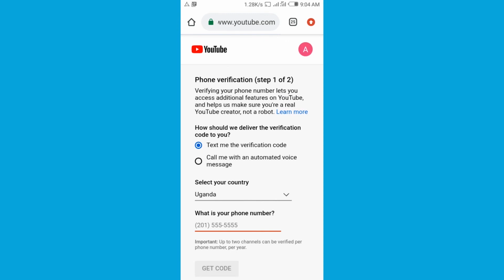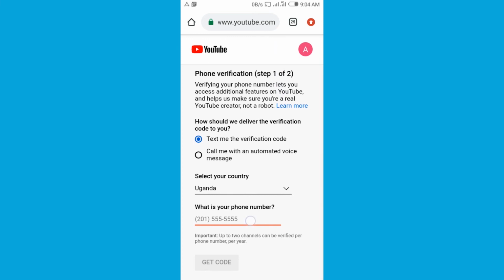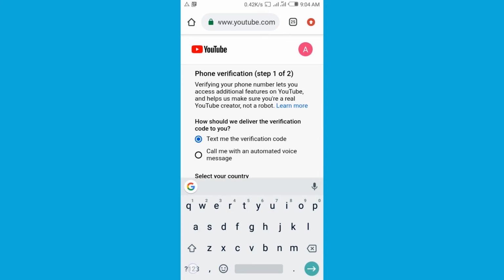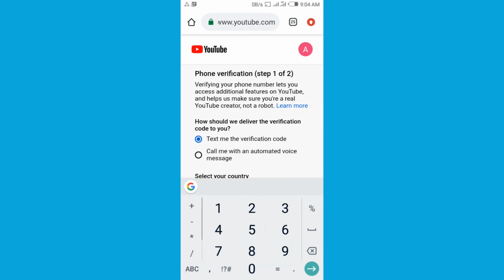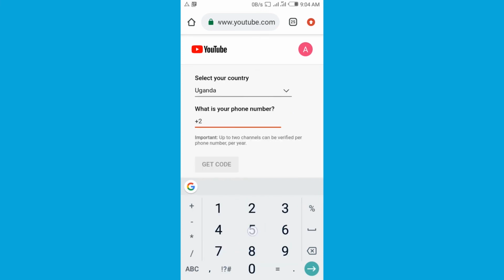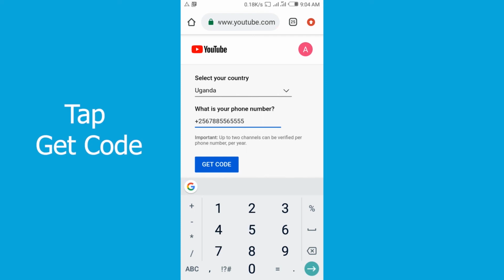Once you get over here, you can use an automated voice call, or you can use a text. So we're gonna use a text because it's a little bit easier. I've used it before, so we're gonna use a text. So get your phone number in, type it in, then tap get code. After tapping get code, they will send that code to your particular number, then put it in. You'll be done verifying your